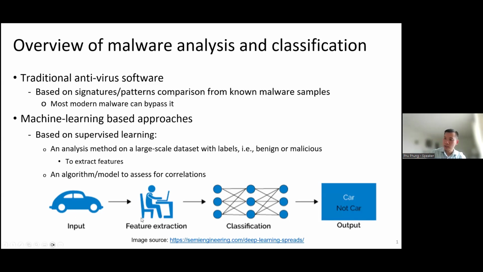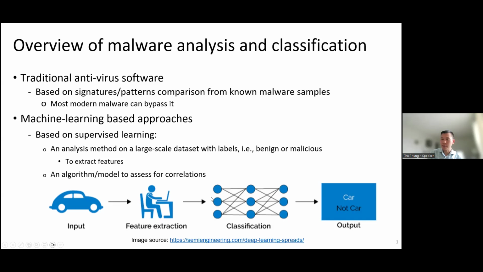So this picture shows the process that I just mentioned, right? We have input, and we typically have some data engineering to extract the features, and then we feed it into a classification network, machine learning, and then we have a result. Typically, it depends on the domain.